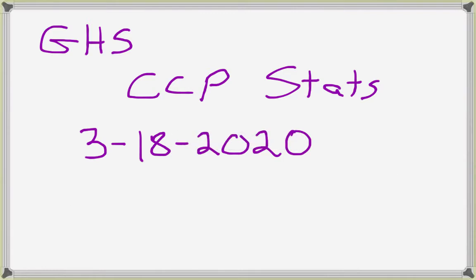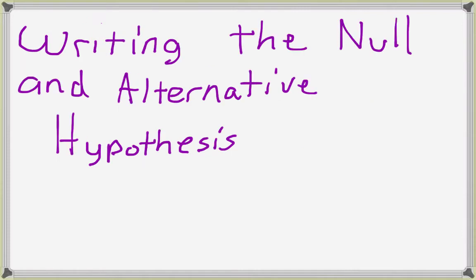Today we're going to revisit some questions that we've already solved before. Our main focus today will be writing the null and alternative hypothesis. So let's get right to it. I'll try to make this video as quick as I can without rambling, that I'm pretty famous for doing, I guess. So when you're writing a null and alternative hypothesis, when given a situation, there's two types of situations